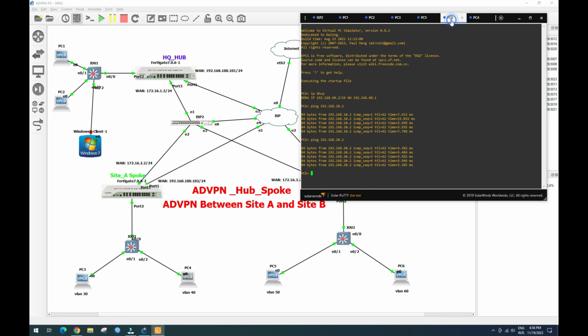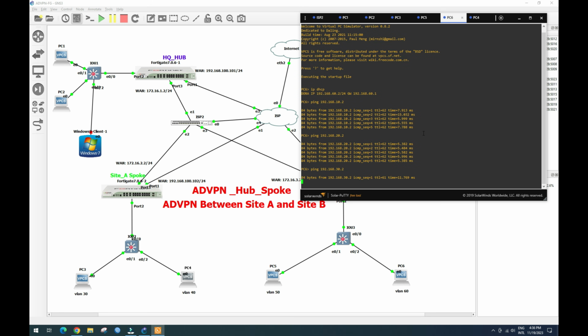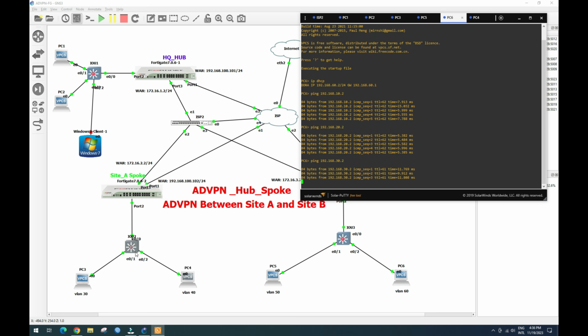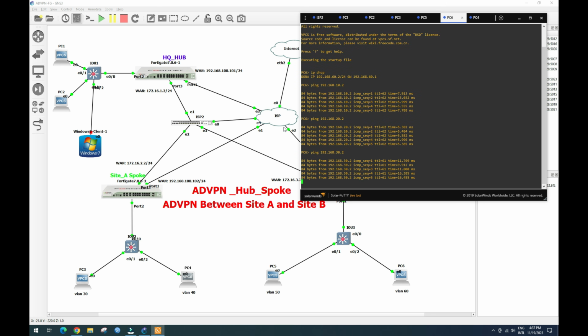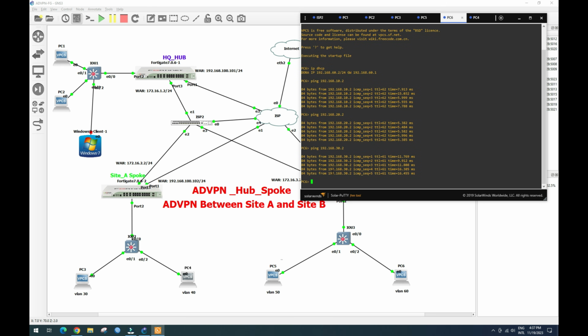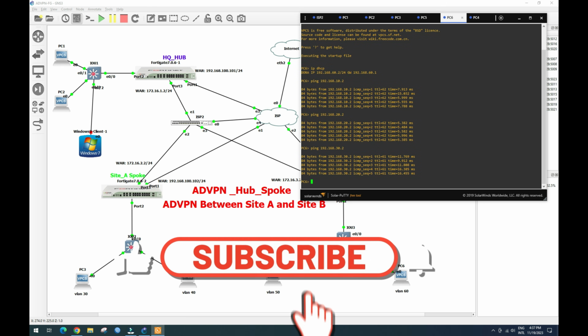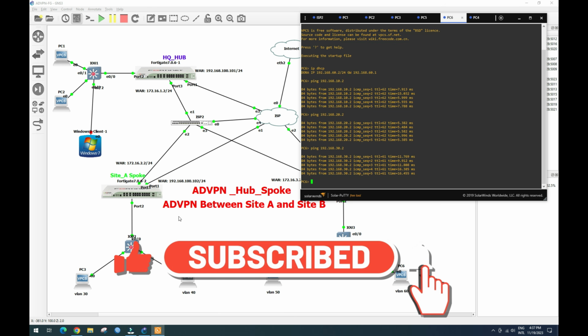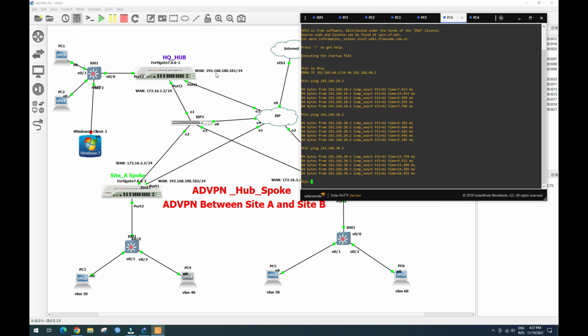And then PC6, we try to ping VLAN 30, also can. Okay, so we can see that our VLAN can communicate with each other across different sites on the VPN tunnel,